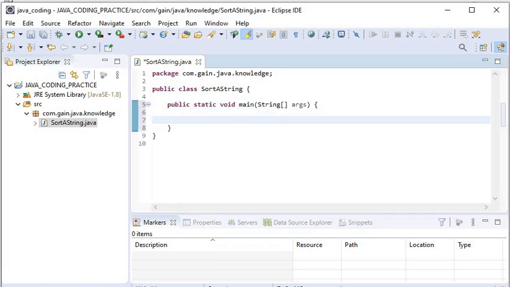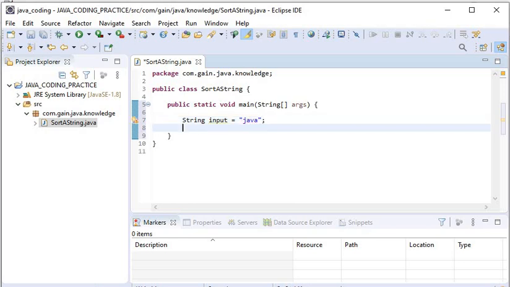Now I will take input as a string value. So here I have declared one string, that is Java. As we know, first step we have declared the input as a string. Now we will split this string into character array.